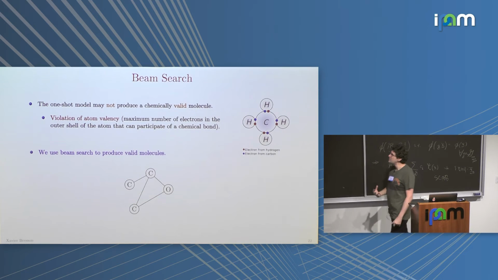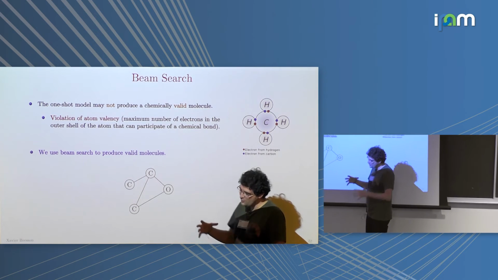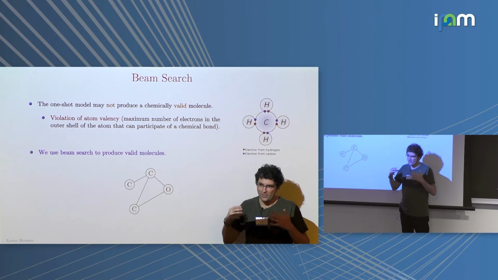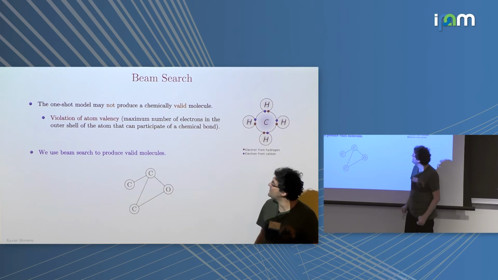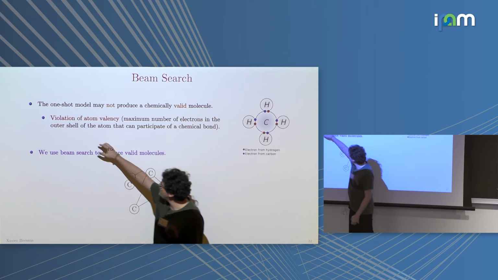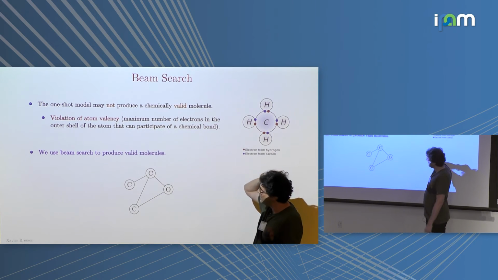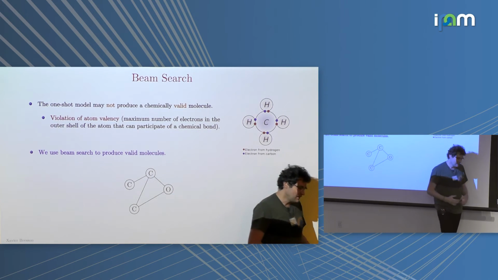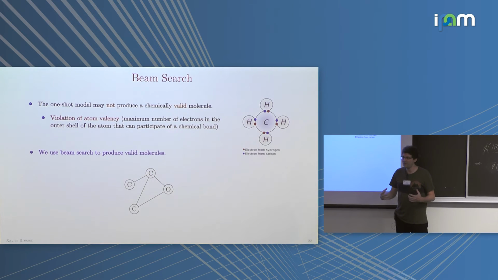Okay. So when you use the single shot decoder, because you reconstruct all atoms and all bonds at the same time, you may not create valid molecules. Basically, the problem is that you are going to violate the atom valency, the maximum number of electrons in the outer shell. So to fix this problem, we use a standard beam search technique, which is used all the time in NLP. So in NLP, when we do translation,